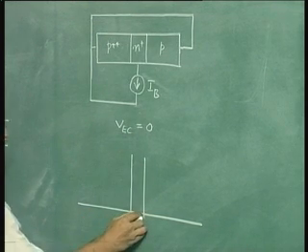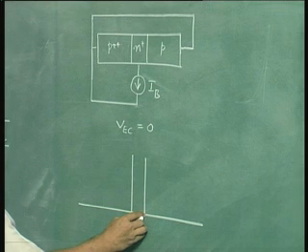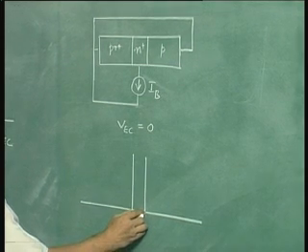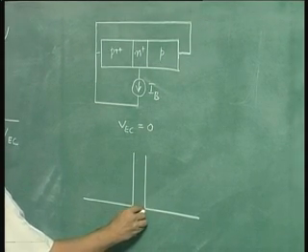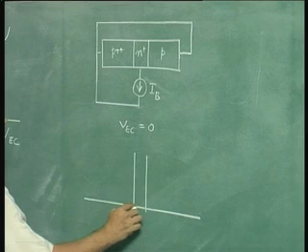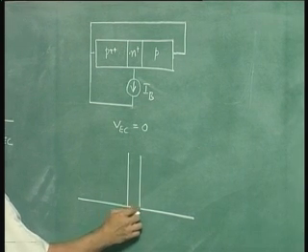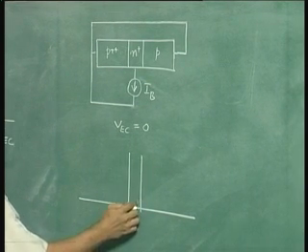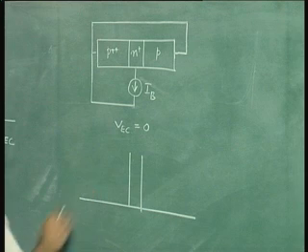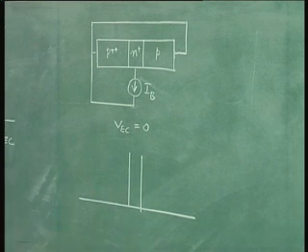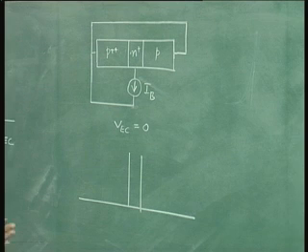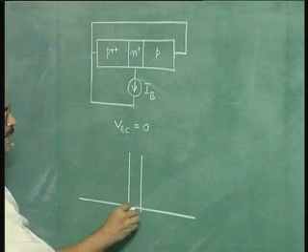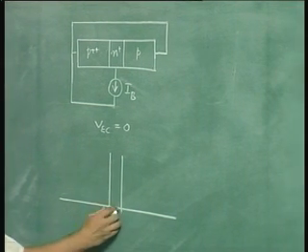Now this base width is about a micron. I am not saying exactly 1 micron because your depletion widths from either side of this region, that is from the emitter and from the collector, will slightly reduce the base width. We are now discussing at a qualitative level, so we are not interested in exact magnitudes. So this is about a micron,